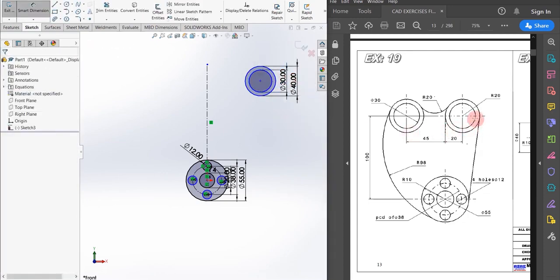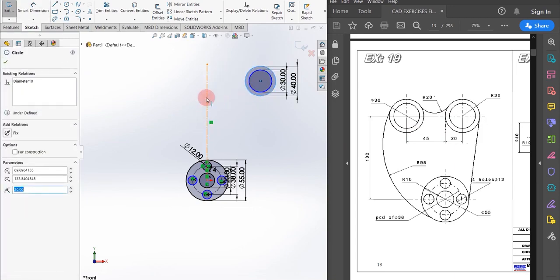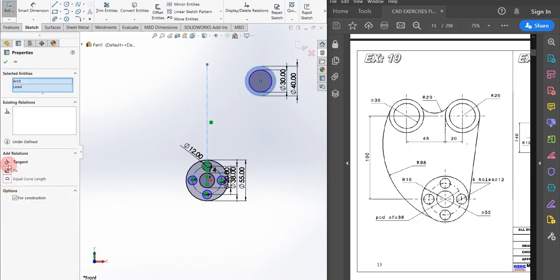As you can see in the sketch, the outer circle is in tangent relation to the center line which I have just sketched. So I am going to select this circle and this center line and click on tangent.